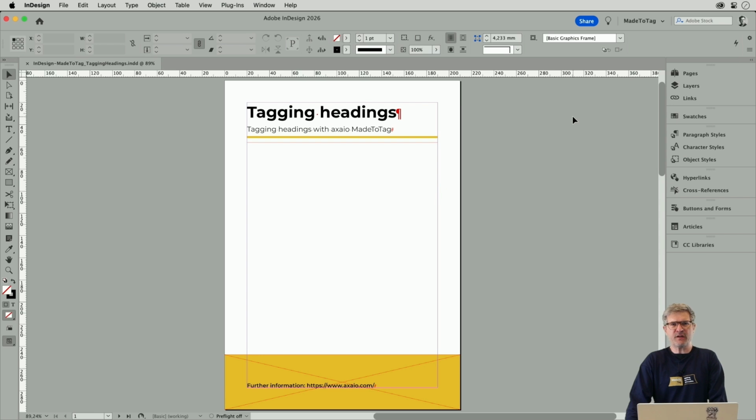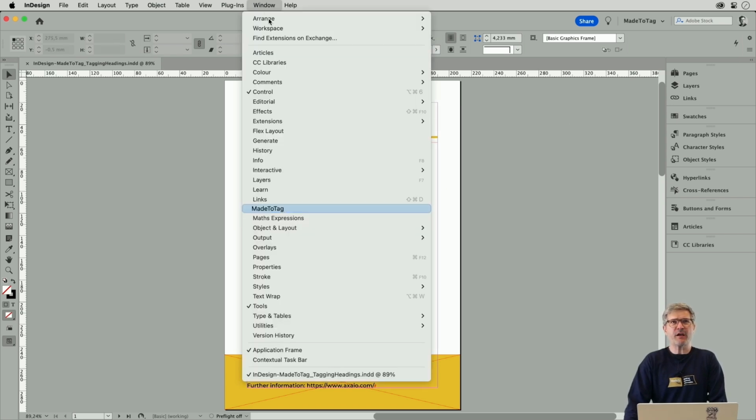Tagging headings with Saxayo MadeToTag. In this video, I'd like to show you how to assign PDF export tags for headings. First of all, I'd like to bring up MadeToTag to the front, so I'm just going to Window and then